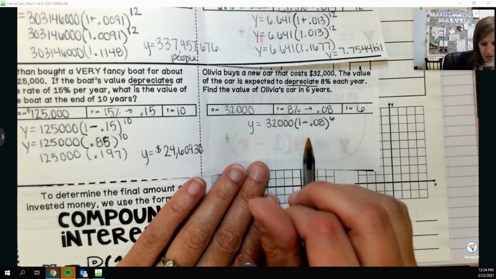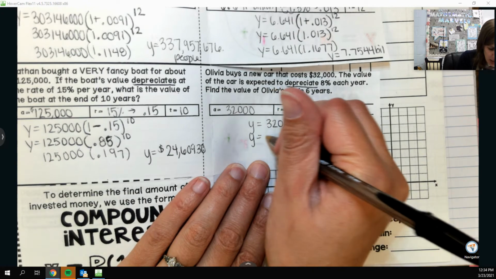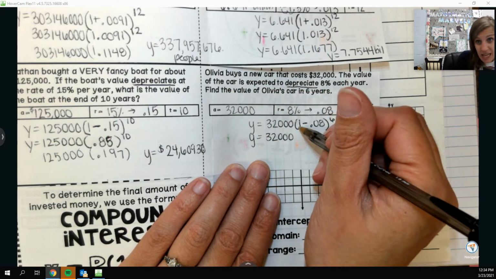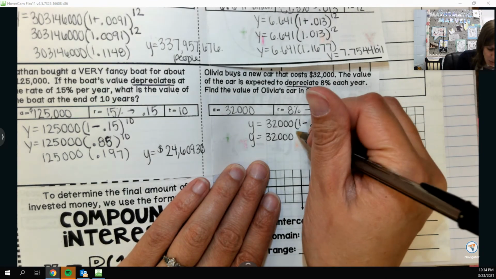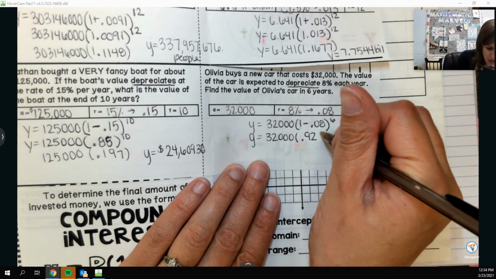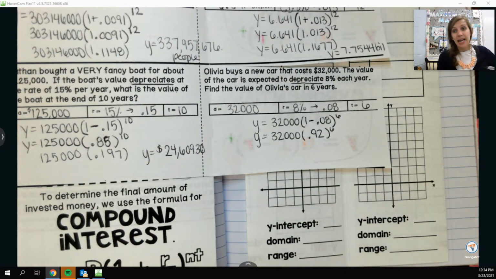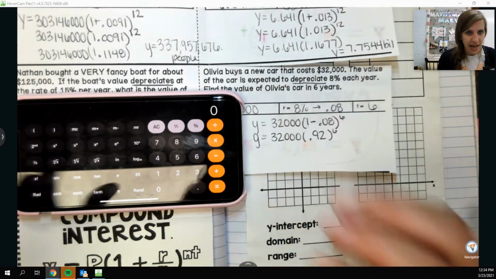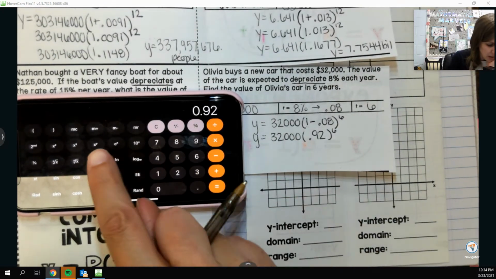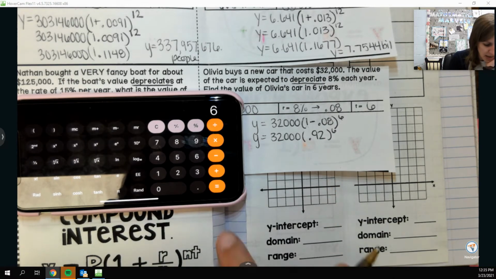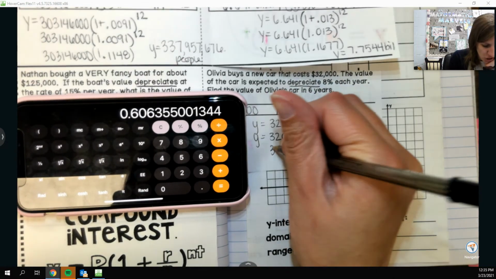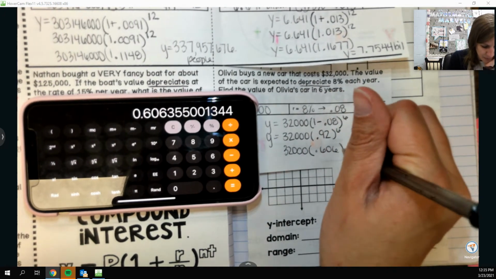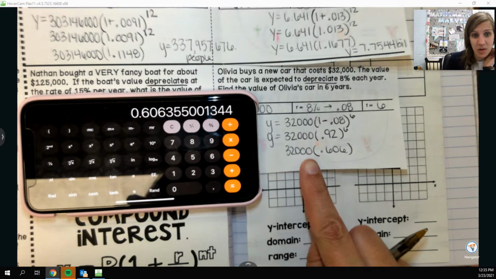And then following our order of operations, we do what's in parentheses. So again, I'm just thinking 100% minus 8% is 92%. So now we're at 0.92. But the moment I have to do that exponent, I'm like, calculator, help me, please. So I got 0.92 to the 6th power. And again, it should get smaller because we are depreciating. So 0.606. And then I just need to take that and multiply it by the